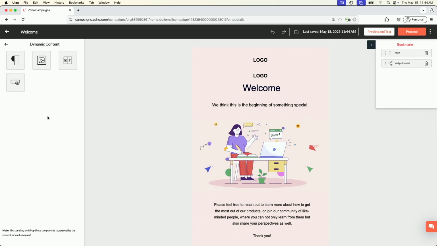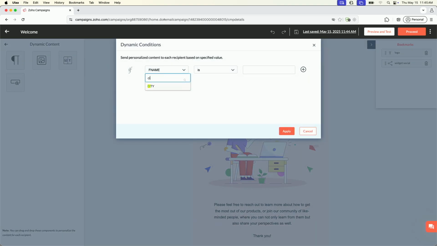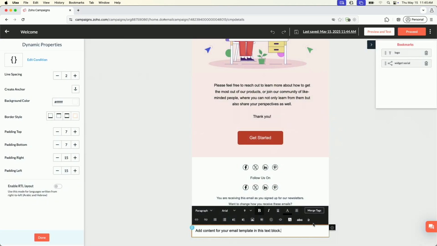Okay? And next, in these elements, we have dynamic content. Dynamic content means you have a segmented audience. So you have segment 1, 2, 3. And if you want to show different content to a different targeted audience, you can go with dynamic content. I have a text here. So what I'll do is I'll search for a segment. City is Houston. And if I click on apply, so I have a